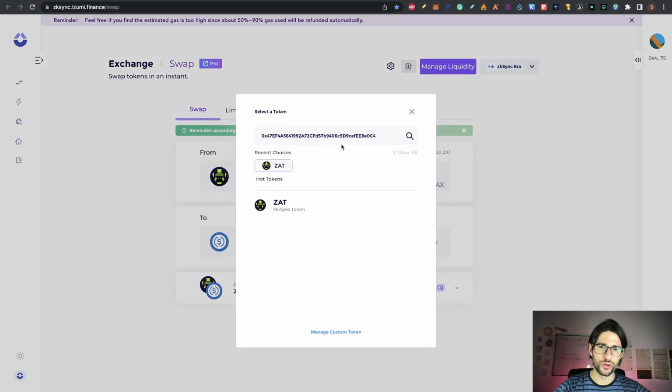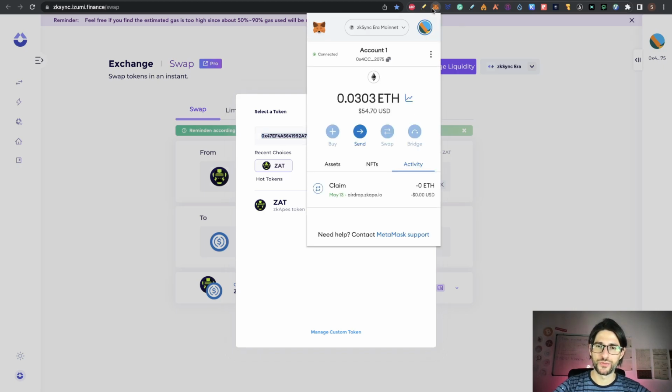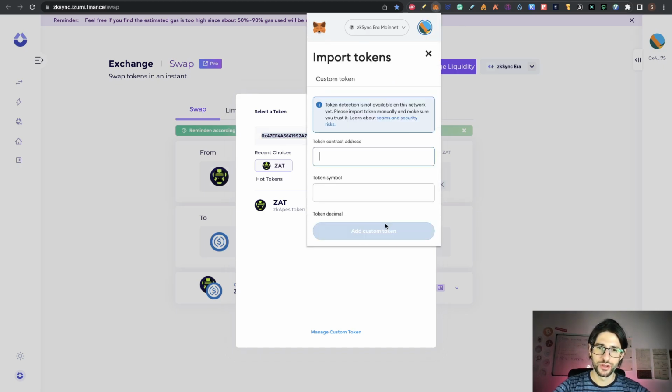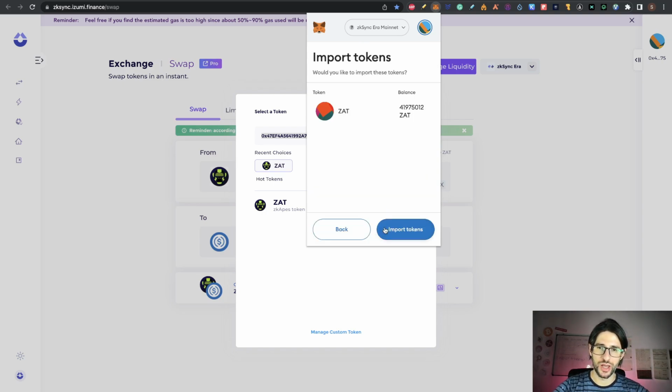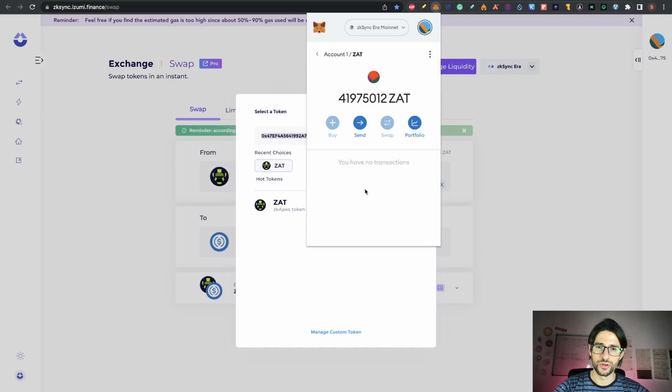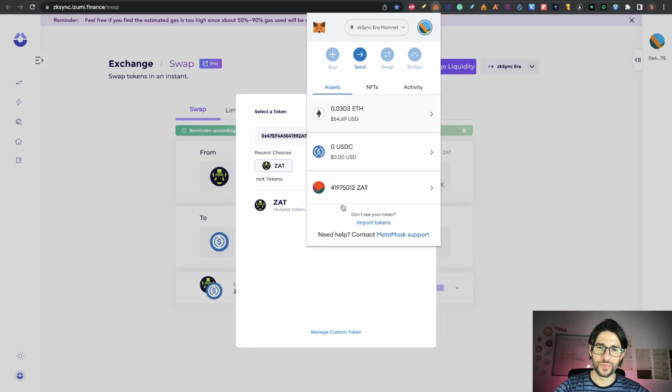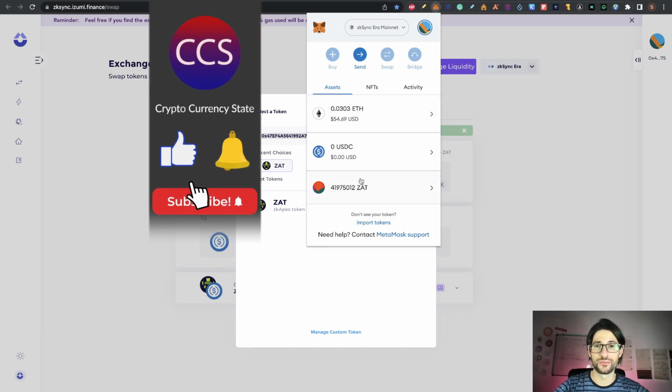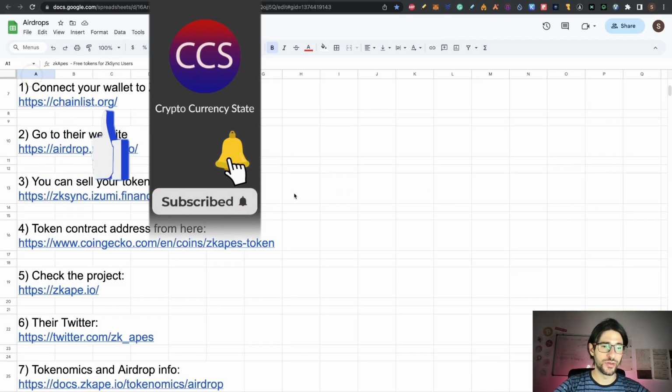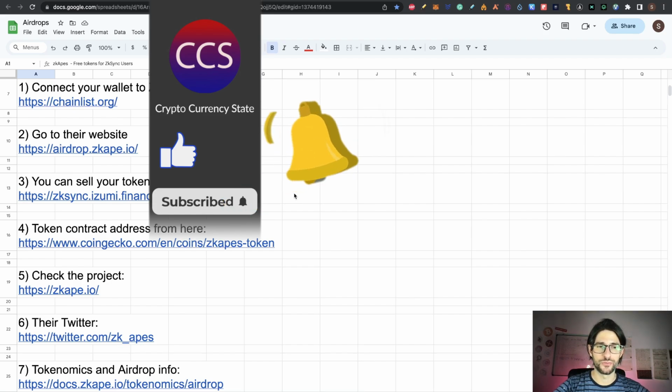And also with the contract address, guys, you are going to be able to go to your wallet, because if not, you are not going to see your asset here. So you go down here, you click import, you paste the address, and you can add your custom and import your custom tokens. Now you can see that I have my SAT tokens there. So I will stake them after. So guys, that is basically how to claim these tokens.